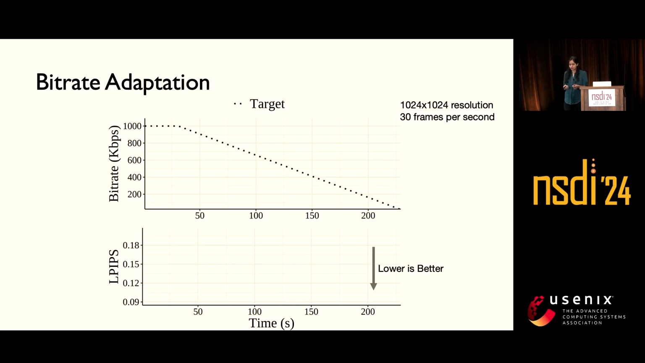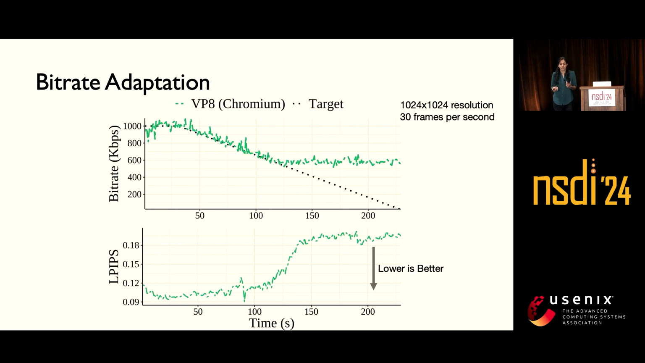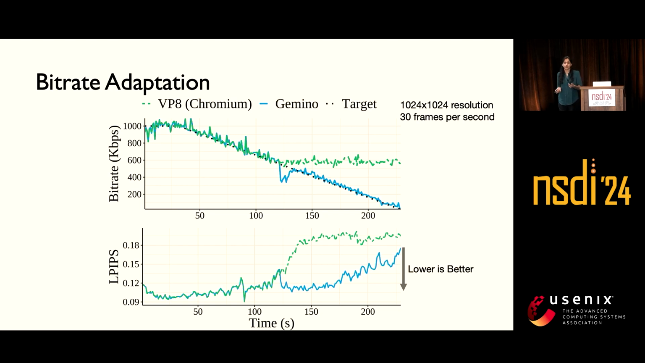I started this talk with this bitrate adaptation graph, where I supplied a target bitrate that started at about a megabit per second and went down to a few tens of kilobits per second. VP8 saturated at about 550 kilobits per second and stopped responding to the target bitrate. In contrast, Gemino is able to respond to the target bitrate in the entire regime down to a few tens